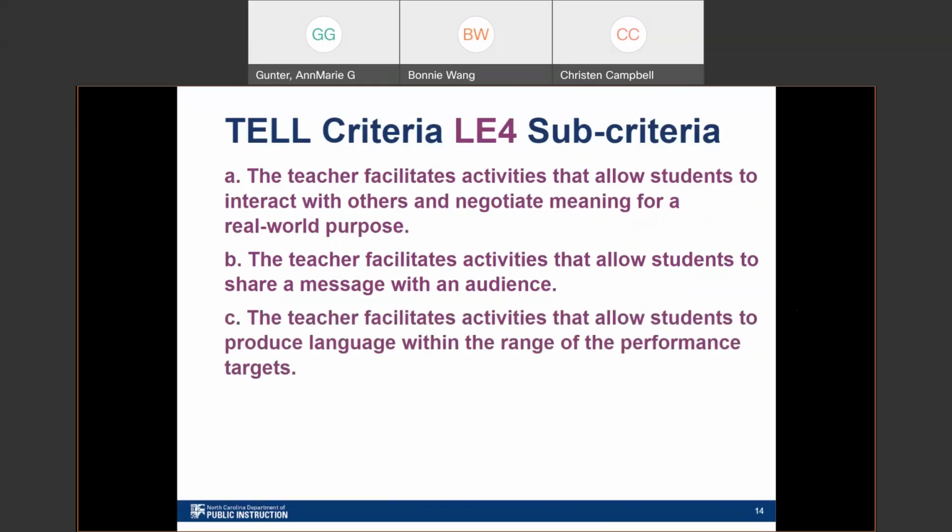LE4C says the teacher facilitates activities that allow students to produce language within the range of the performance targets. And remember, this is very important for us working with proficiency-based standards. We want our students to be producing language that is helping them build their proficiency towards our proficiency outcomes in the state standards for the particular course that they're in. When they're in class, obviously, there's a difference between performance and proficiency.